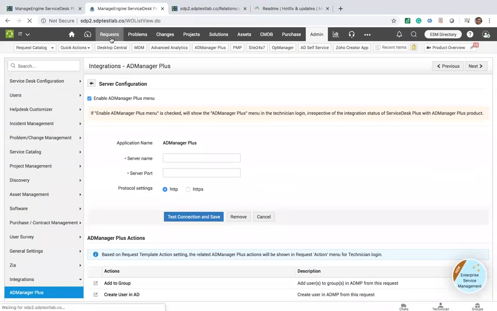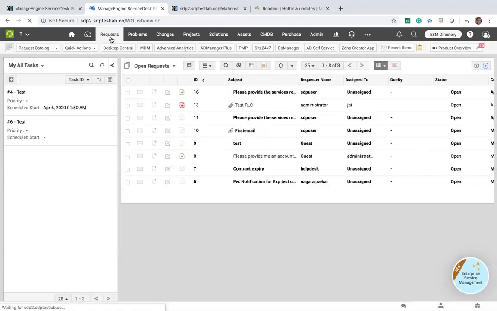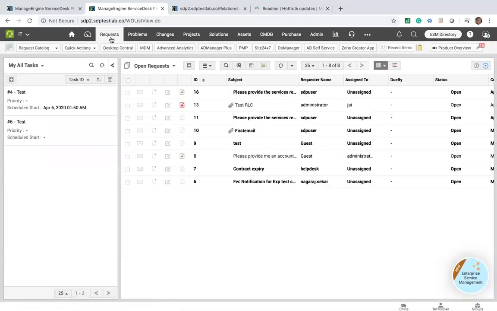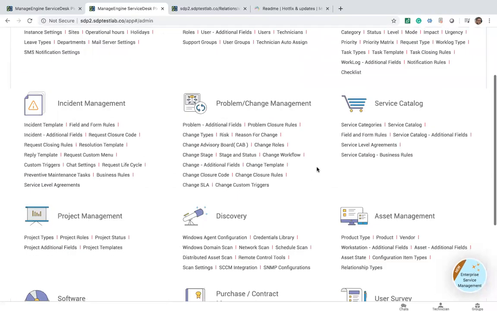So by clicking on the action, it is possible to get all information captured from the request form to the Active Directory. I mean, there will be a custom HTML form that will be populated, and by clicking on create, this will create the user account in Active Directory. So there's going to be one cool integration using which the actions, whatever is supposed to be done on Active Directory,